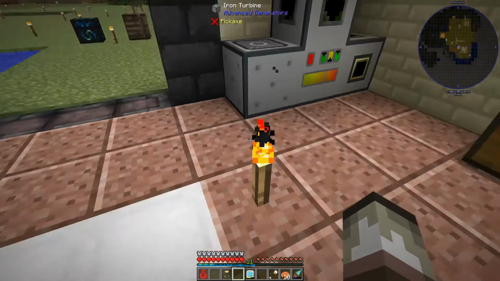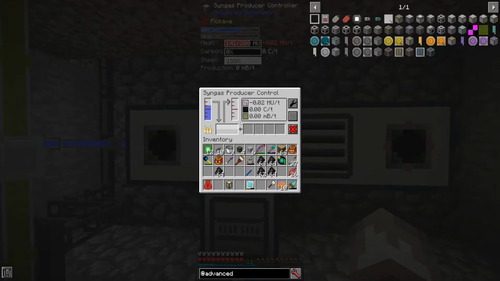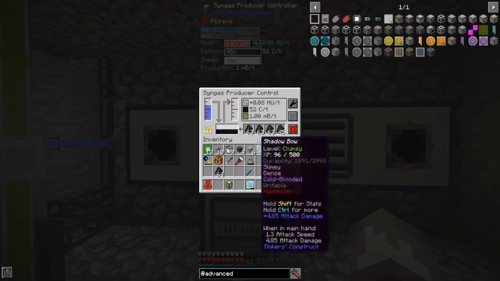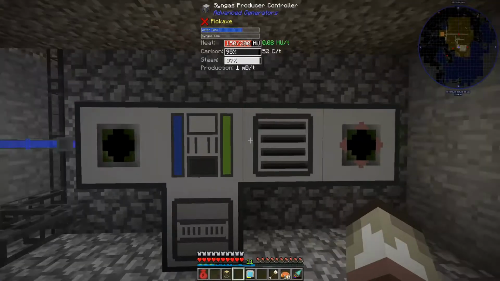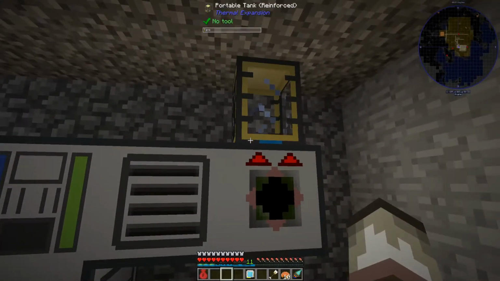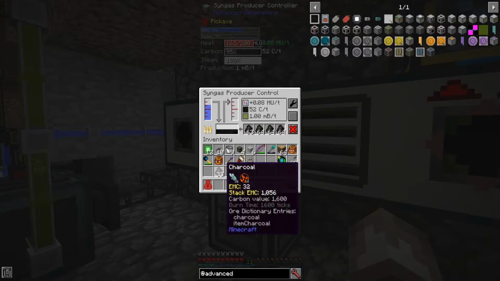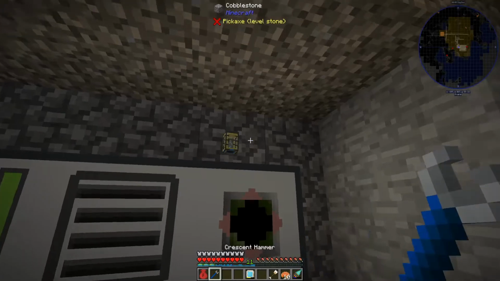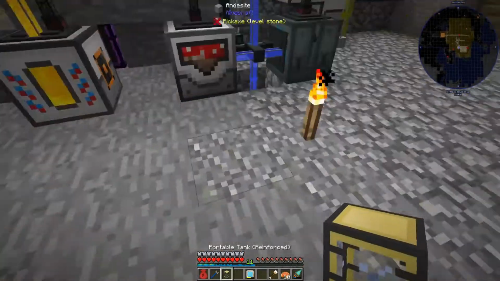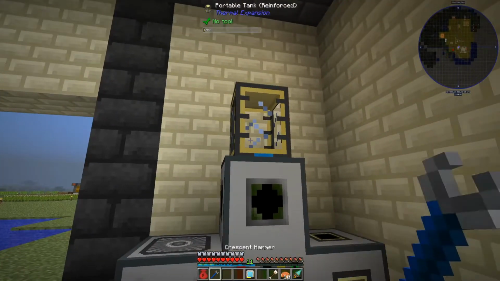Right then, ladies and gentlemen, I think I figured out how to actually get, for now, the syngas out of this that's being produced. Stick a tank on it for some reason, or for now. Seems to draw it all out. Just gonna grab that tank. Right, I'm gonna put the tank on here,